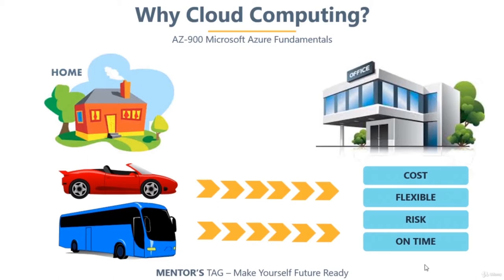But to understand this properly, let's just assume that your car is actually your own data center where you're storing your data, which is your organizational data center. And let's say the bus is that public transport which is available to you on a pay-as-you-go basis. It's something like this: you have to pay only for the amount which you are using right now. So if you're traveling from one destination to another, you just have to pay for that.